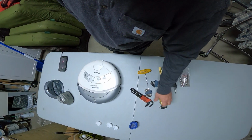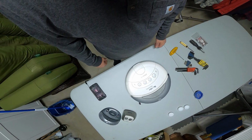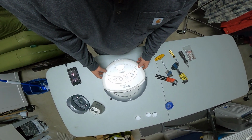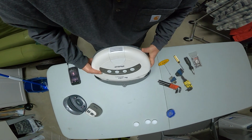As you can see, I have some tools here. I hope I have the right stuff to tear this Roomba Discovery down and see if we can diagnose it. I'm also going to take some photographs and stuff like that once I tear it down. So first thing I'm going to do,